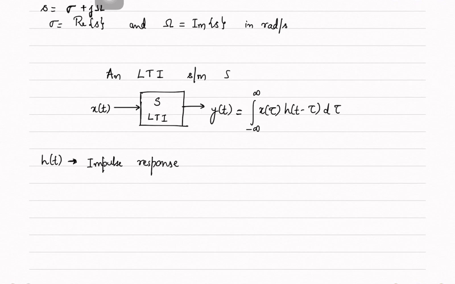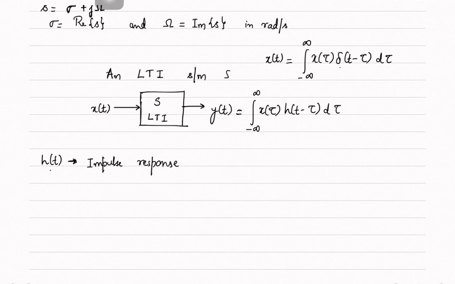Now, what did we begin with? We began with expressing a general function in terms of scaled and shifted impulses. So my x of t could be written as a summation of scaled and shifted impulses. Now I found out the response of an LTI system. First, I fed delta t to the system, and I noted down the response. The response was called h of t, which I now call the impulse response.